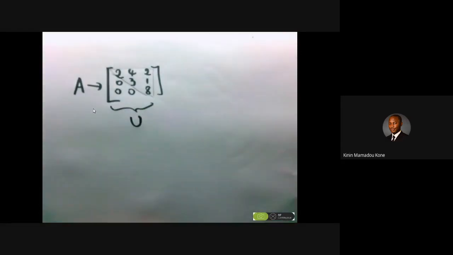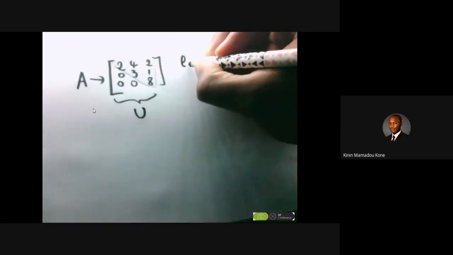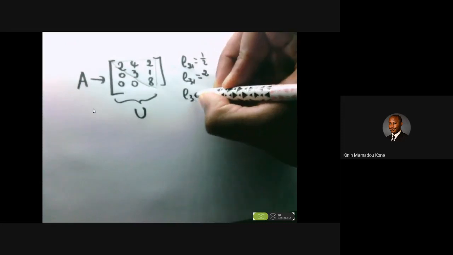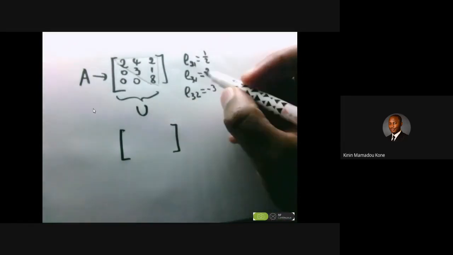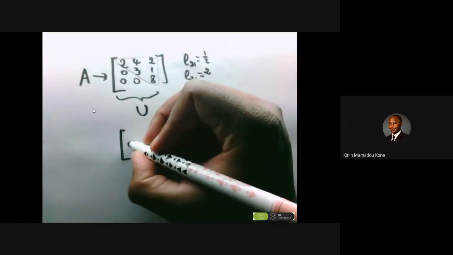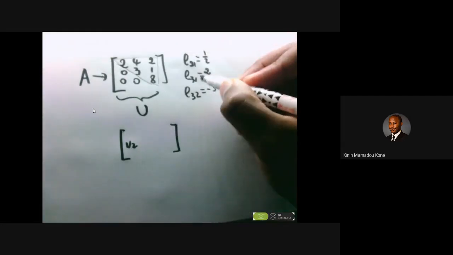U like upper. Now, the coefficients that we have recorded were L21 equals one half, L31 equals 2, and then L32 equals negative 3. So we can store these values into a triangular matrix. In the L21 entry for that matrix, I'll write one half. You're going to store it in a 3 by 3 matrix. So in the L21 entry I put one half, in L31 I put 2,